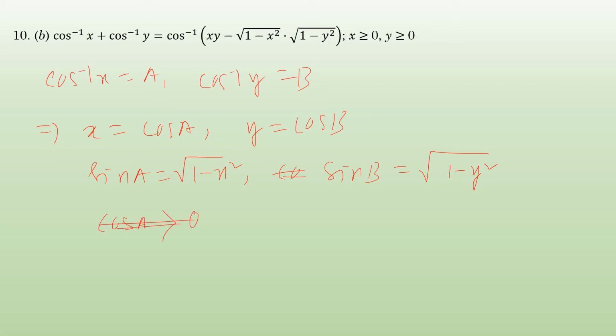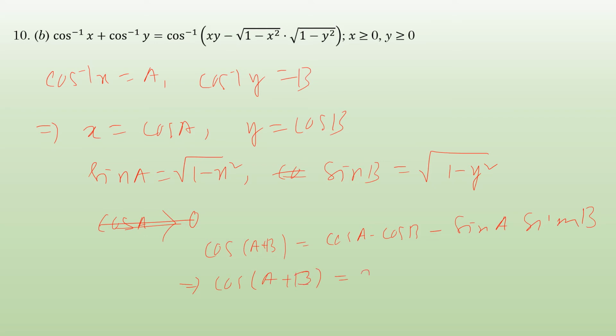Before that you should write the cos of a plus b formula. Cos of a plus b formula is cos a cos b minus sin a sin b. You should write this, sorry, sin b. Then finally you will get cos of a plus b is equal to, this is b, a plus b equal